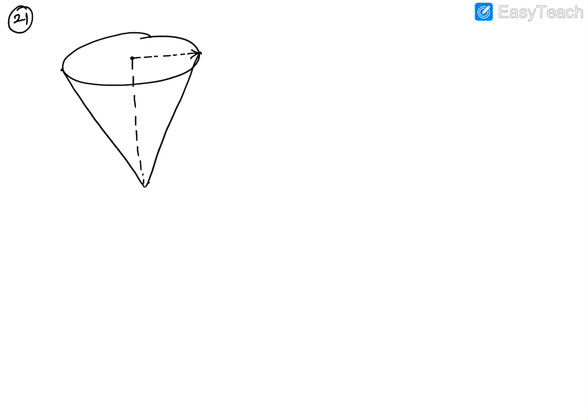So its height is equal to 11 centimeter, and the radius which is open is 2.5 centimeter. R is equal to 2.5. It is filled with water up to the rim. When lead shots, each of which is a sphere of radius 0.25, are dropped inside it. So we are dropping lead shots inside it, of radius 0.25 centimeter. So 0.25 centimeter can be written as 1/4 of a centimeter.